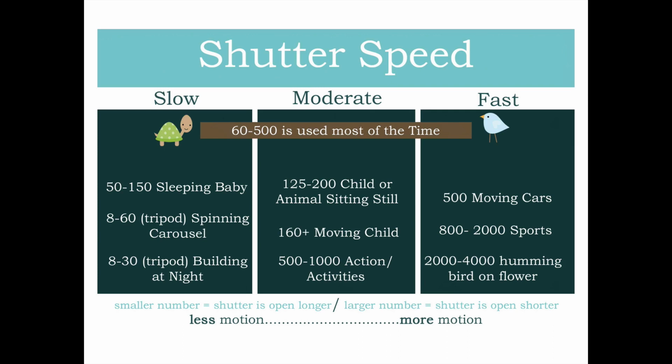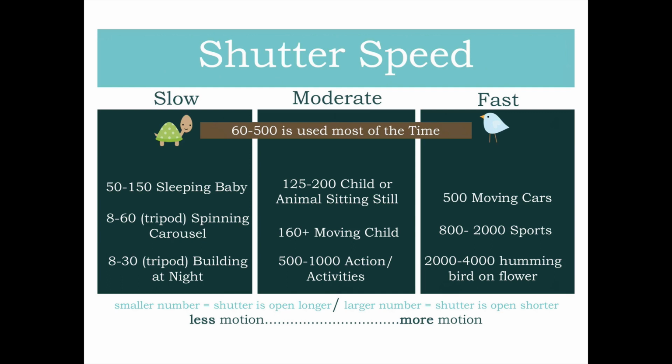You use moderate shutter speeds for a child or animal that's just chilling, not doing anything, maybe 160 or so; for a moving child, and about 500 to 1,000 for action activities, sports, stuff like that. Now you're going to want to use a really fast shutter speed for moving cars, sports photography, or a hummingbird